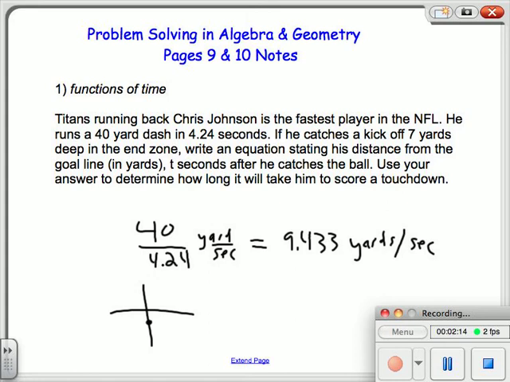Because if he starts at the 0-yard line or at the goal line, we can think of that as starting at the origin 0, 0. But he's 7 yards deep. And we can think of 9.43 yards per second as a rate of change or a slope. So if we think of a graph, we'll have a y-intercept of 0, -7, and our slope is going to be